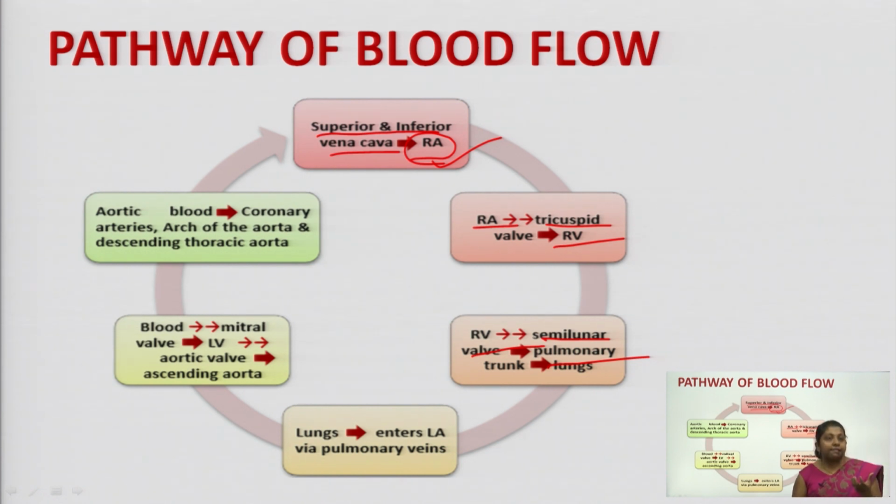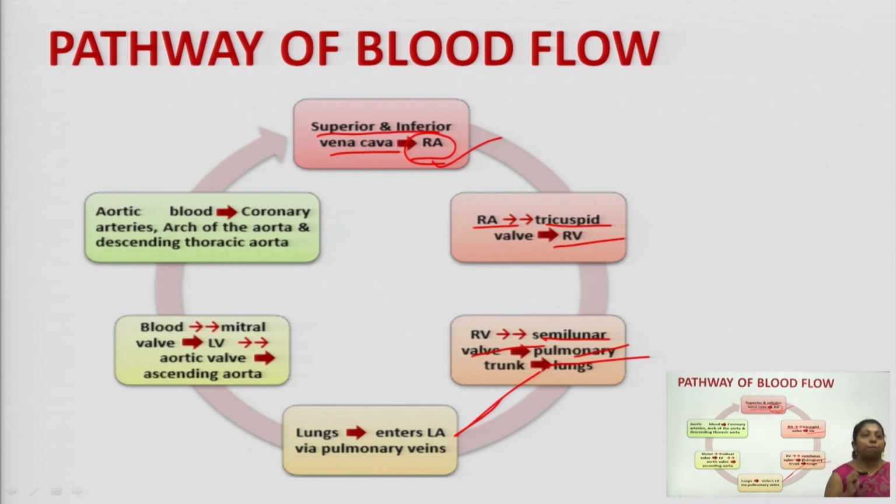Now, this oxygenated blood enters back into the left atrium of your heart. So, here the entry is again back into your heart, that is the left atrium, via the pulmonary veins. As we have seen, it is the pulmonary artery that is taking your blood into the lungs and the pulmonary vein that is taking it away from the lungs into the heart.